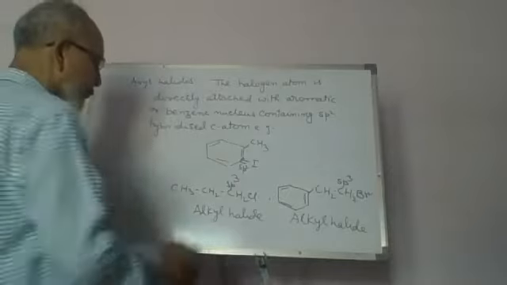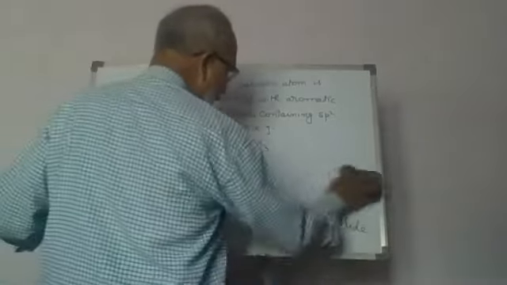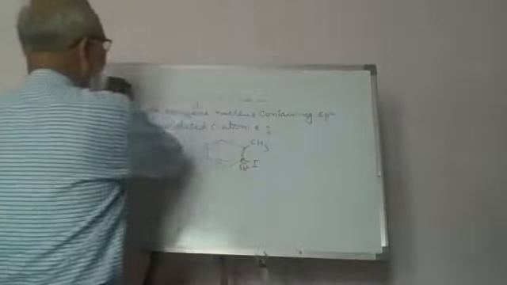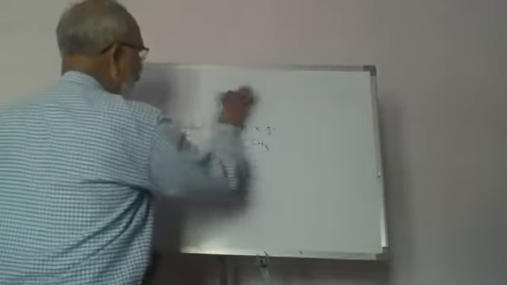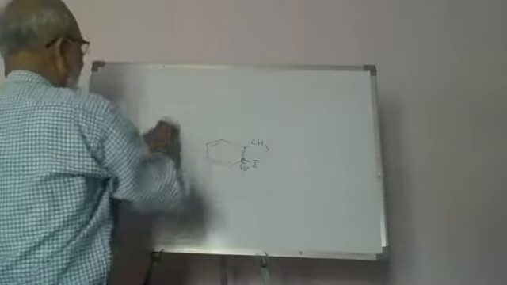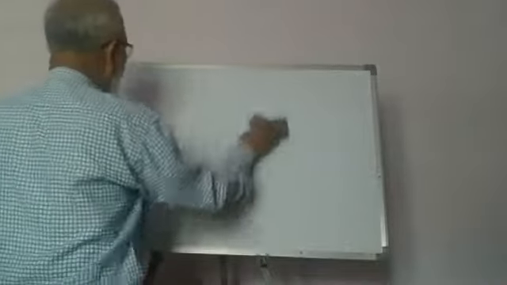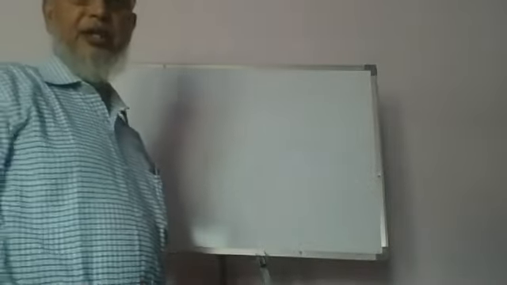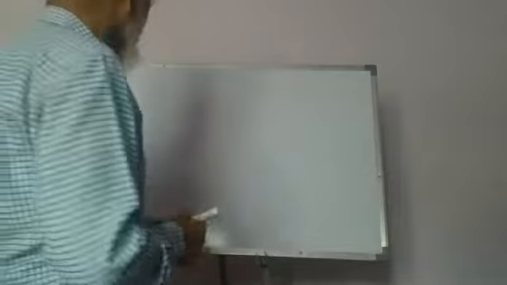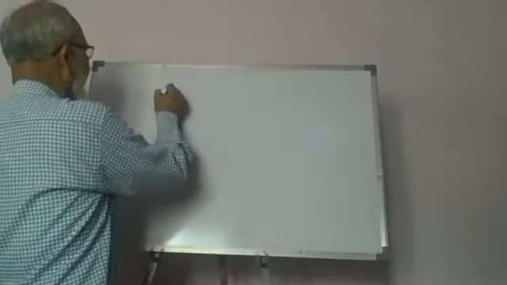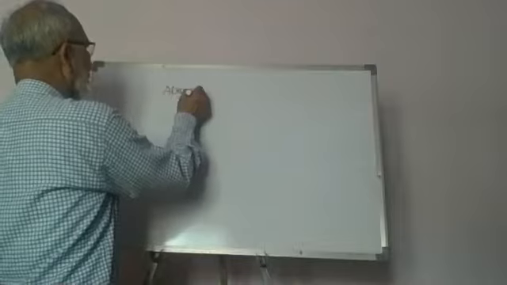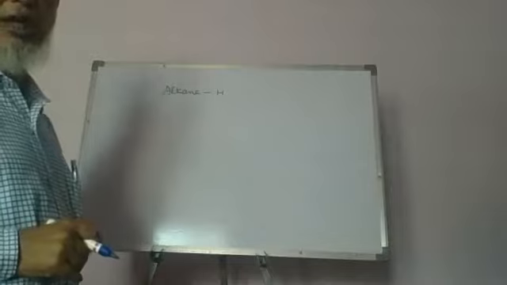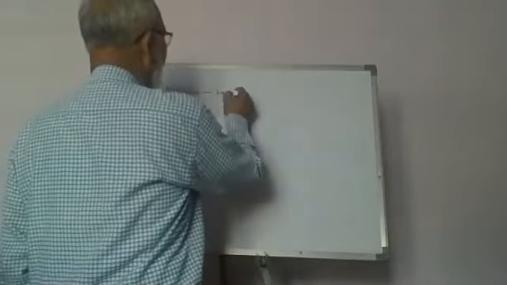Now let us see what are alkyl groups. And after knowing the alkyl groups, we shall try to know what are the different kinds of alkyl groups based upon the nature of the bonding between the carbon atoms and the type of carbon atoms present in the alkyl group. This alkane minus hydrogen atom, that is, if you remove one hydrogen atom from the alkane, the group obtained is your alkyl group.